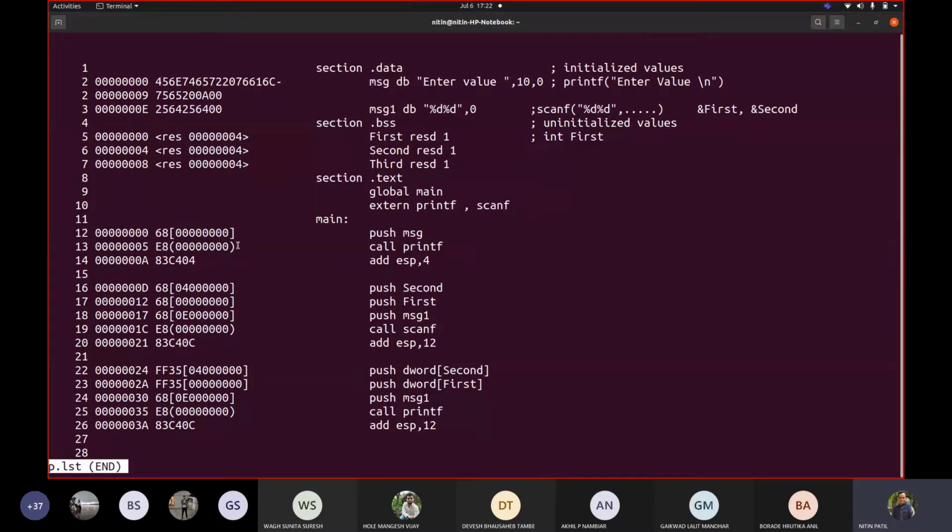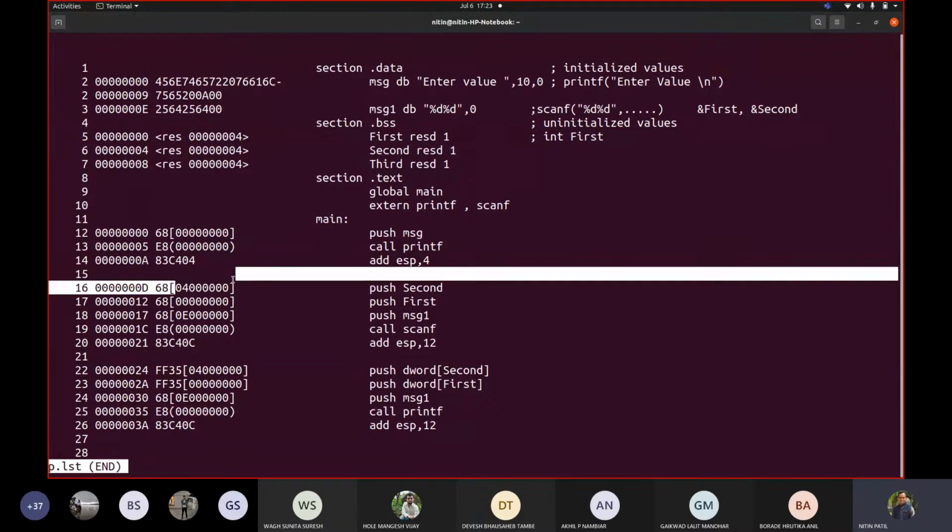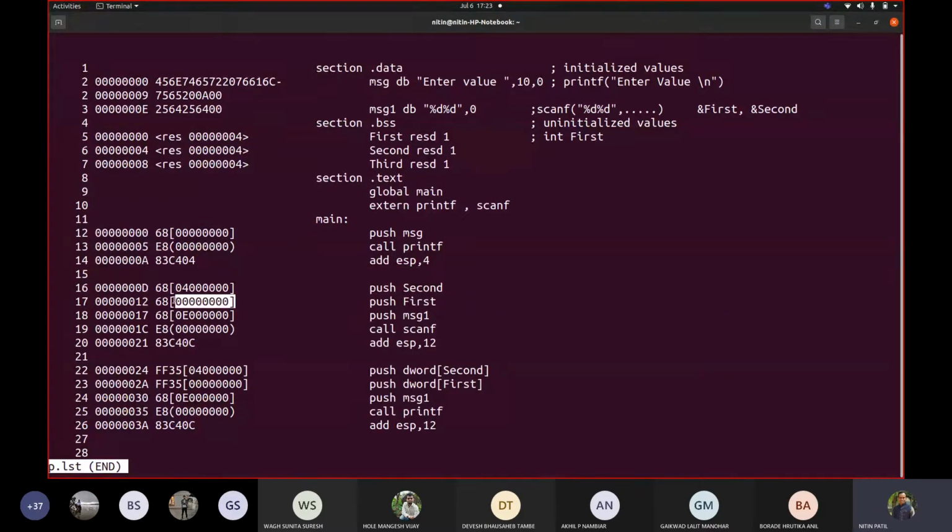Whenever there is a call to a function, it is added in brackets, which is round brackets, and whenever there is a variable referred from the data section or BSS, it would be covered with square brackets. You can see that. So how will it distinguish, like if I say first and second? See this little Indian notation, how this 4 is organized. So this is second first, right? So the variable that you pushed is second, its address is 4. That's why this 4 is written, and that's why this first is taken, which is addressed to be 4. So little Indian will not make any modification at first, but second is definitely written in a different manner.